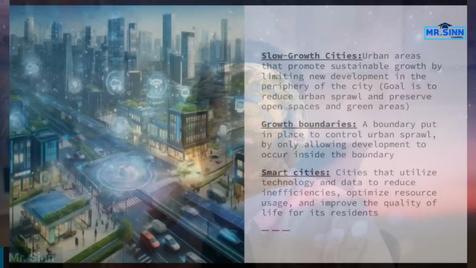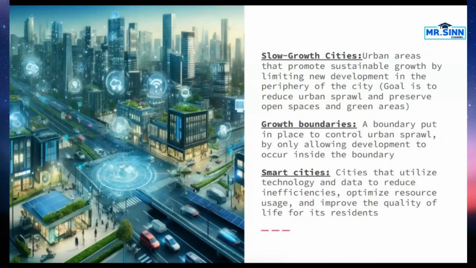The last one there on that term was smart cities. Maybe you see it, maybe you don't. But this is just looking at cities that are going to utilize technology and data. They're trying to reduce their inefficiencies. So over time, what we're starting to see is just cities continue to use new technology to try and improve the quality of life. AI, for example, if we're using automation and computers, all different ways to try and understand, okay, what's happening with traffic during certain times? Could we reroute that? Is there different things we could do to try and increase that standard of living?